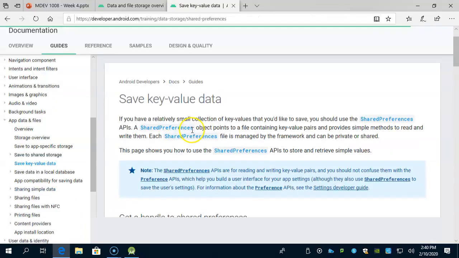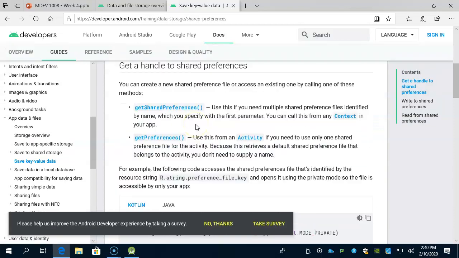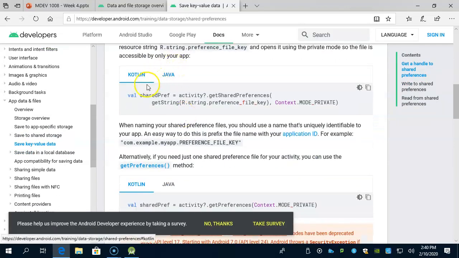Okay, save key value data. So the idea is this. You first retrieve a shared preferences object. This object gives you access to your data, and it is per app. You have an app running on your phone, and that app has its own shared preferences. These are separate from another app. Even if you are the developer of those two apps, you cannot access them, because of security reasons. You can't go and access data of another app. So you retrieve this shared preference object which belongs to your app,